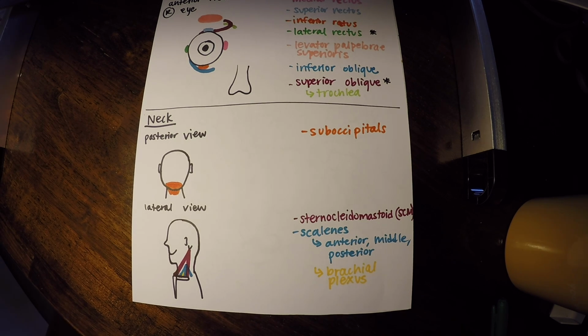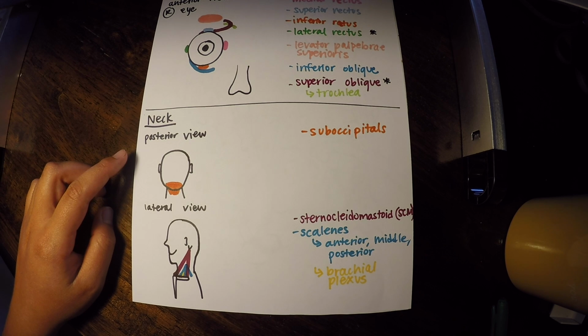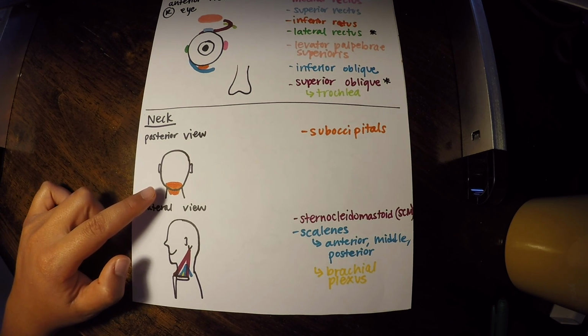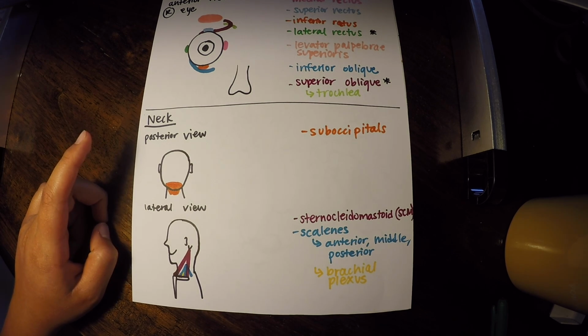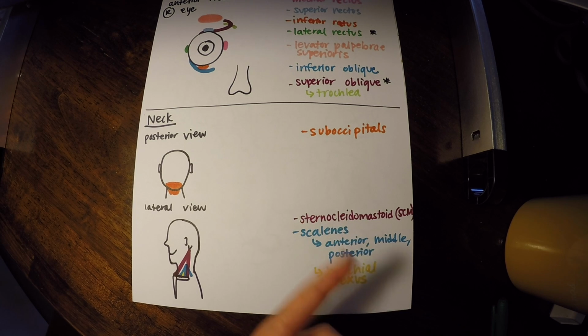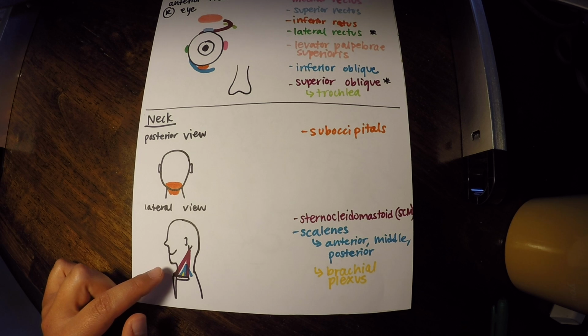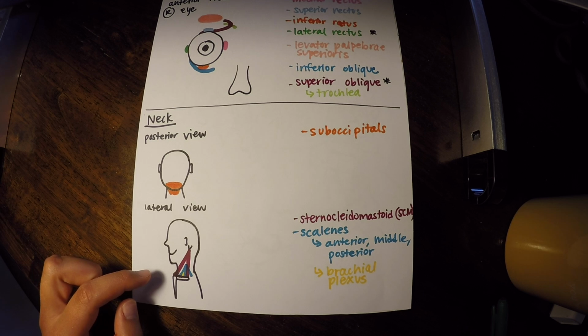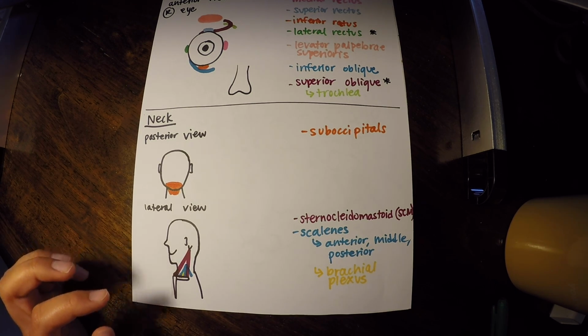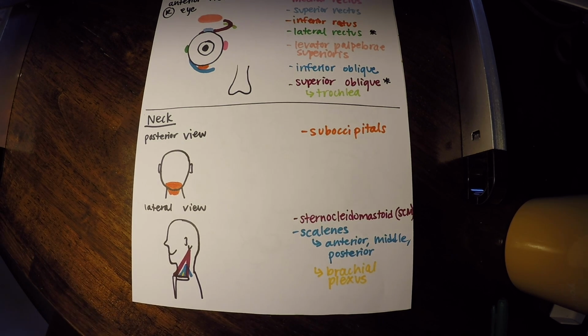And so we talked about the suboccipitals, which are important because they can refer pain to the front of the head or behind the eyes, but the action of them is to extend the head. And since we tend to extend our head a lot with poor posture, they can be overused. So those are our suboccipital muscles. Then we have our anterior, middle, and posterior scalenes. And then we also have our sternocleidomastoid, which is innervated by that spinal accessory nerve, cranial nerve 11, and serves to flex our neck. So that does it for our neck muscles.